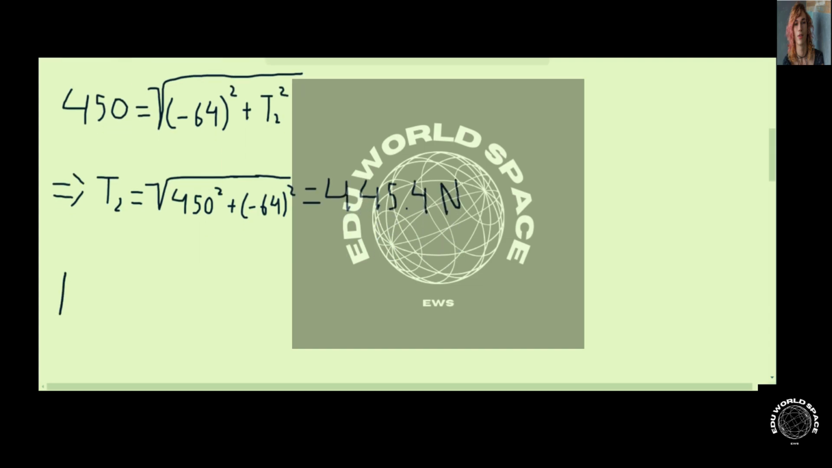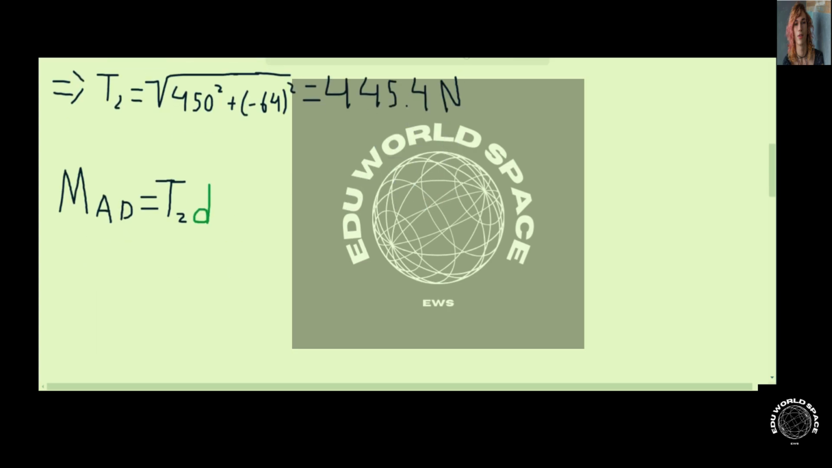So next, we're going to write out the equation that will solve for the perpendicular distance between the diagonal and the cable. So the moment of AD is equal to the perpendicular tension times the length d. So we know the moment, and we also know T2. So after plugging in,